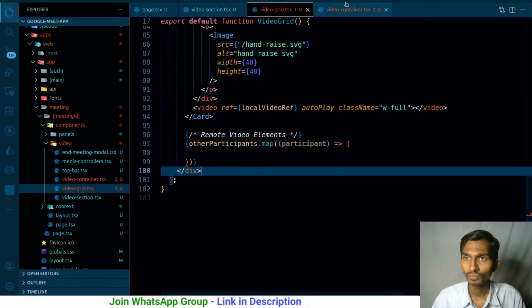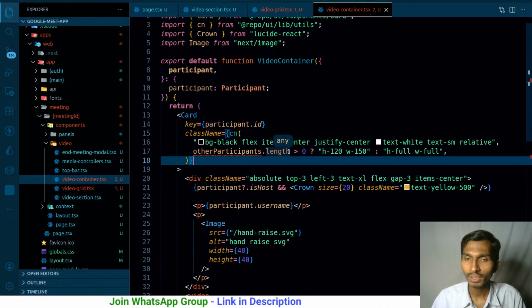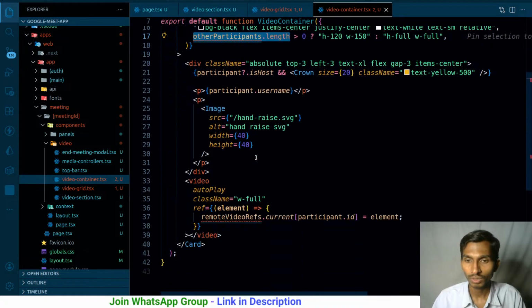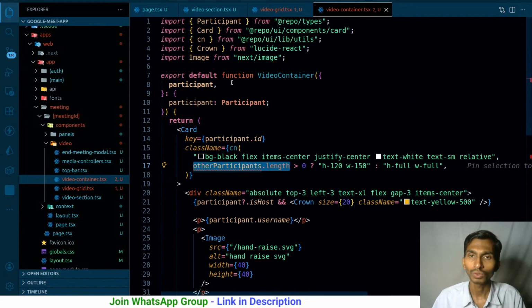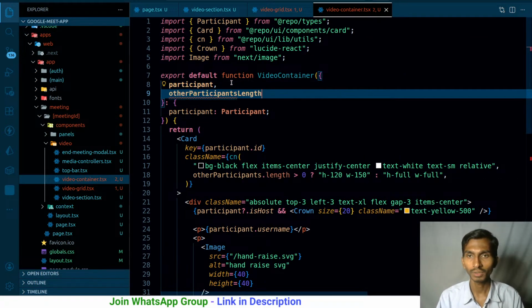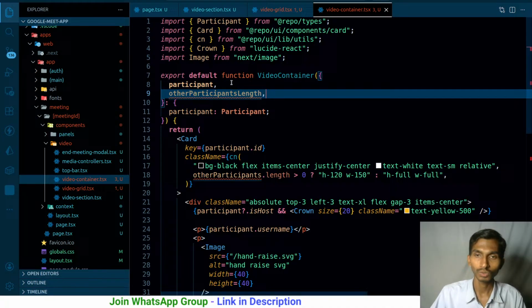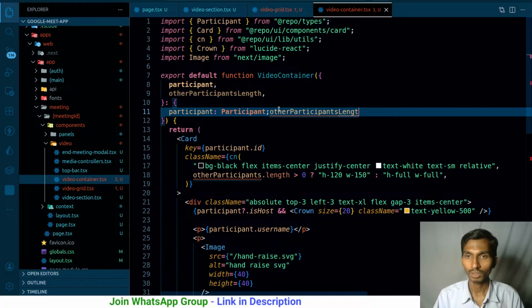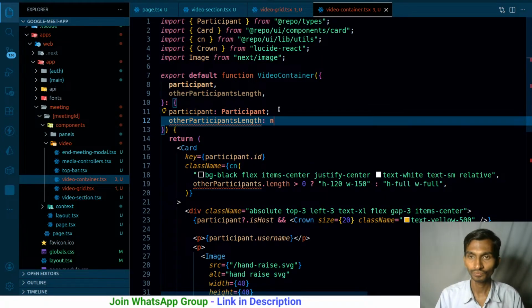Instead of passing the whole other participants, we can just calculate the length and send that. So we have other participants length, and its type is going to be nothing but a number.